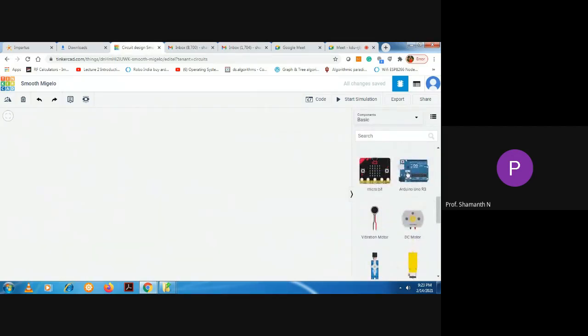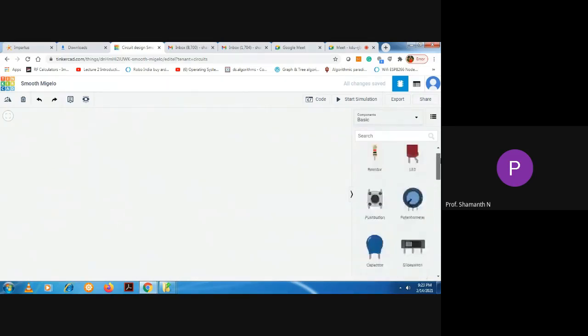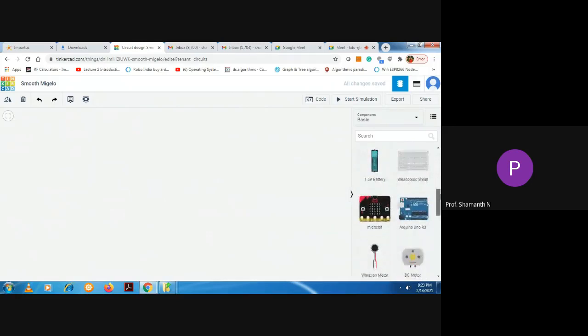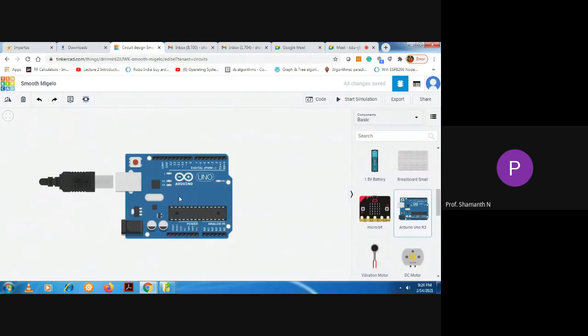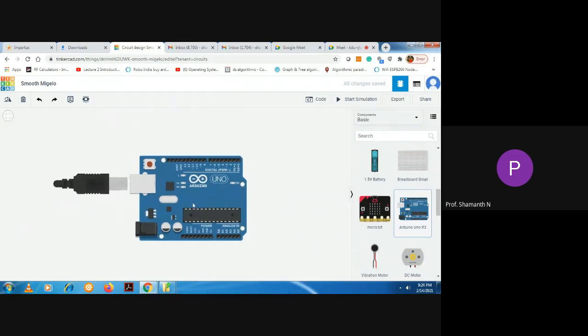So you scroll down the right side when you come, there is a scroll pane. If you scroll down, you can see many components. So in that, select Arduino Uno R3. So click on this Arduino Uno R3, bring your cursor here. So here, the Arduino Uno R3 will be placed. Then right click so that it will be placed in a particular position. So using this Arduino, you will be implementing LED Blink project.